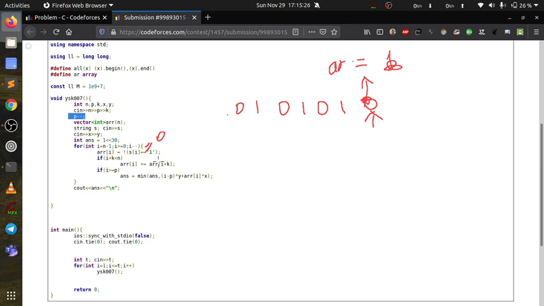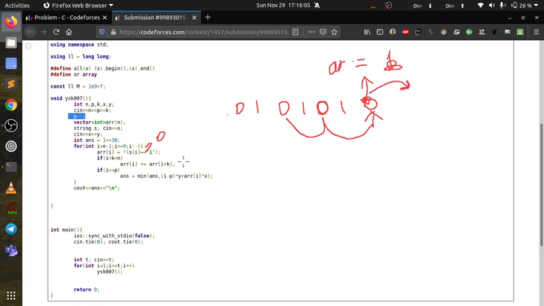That's it. Now I am basically checking whether i plus k is less than n or not. Why am I checking this? Because the ball is going to jump in multiples of k. Suppose here it is 0, here it is also 0, here it is also 0. If I am at this position, I have to make this 0 to 1 and this 0 to 1 to successfully jump out of this.